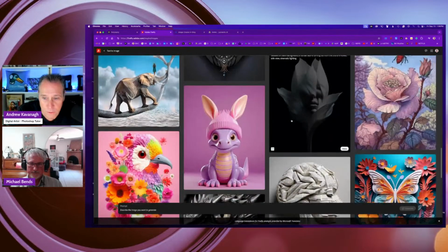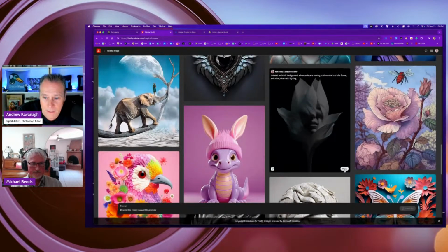And as you go through, if I click where it says view next to any image, or on the bottom right of any image, it will take me into Adobe Firefly with that prompt, where you can use that prompt yourself and maybe tweak it to make it more personalized.